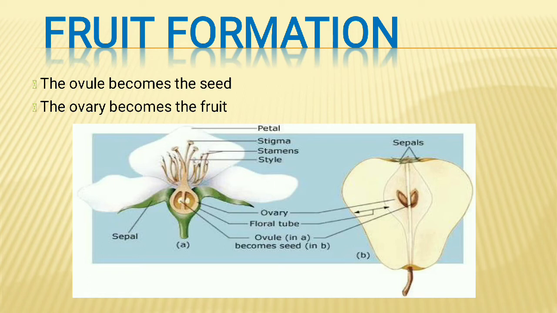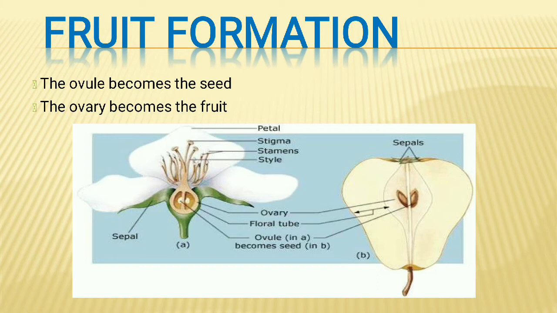We know from the ovule seeds are formed, and from the ovary the fruits are formed. So here you can see I have given a comparison of a flower and a fruit. Just see the structure, from which structure which future structures are formed. From ovule, seeds are formed. From ovary, the complete fruit. And in apple, what happens actually, from the other floral parts the fruits are formed